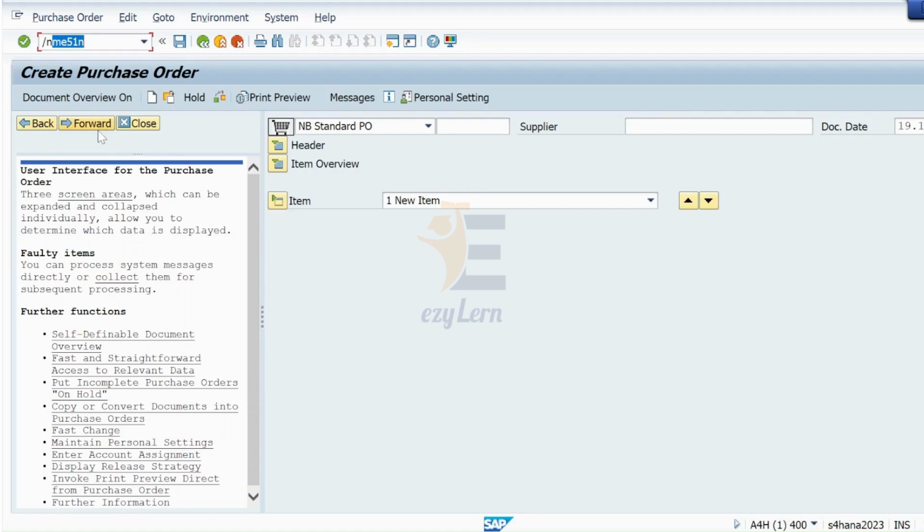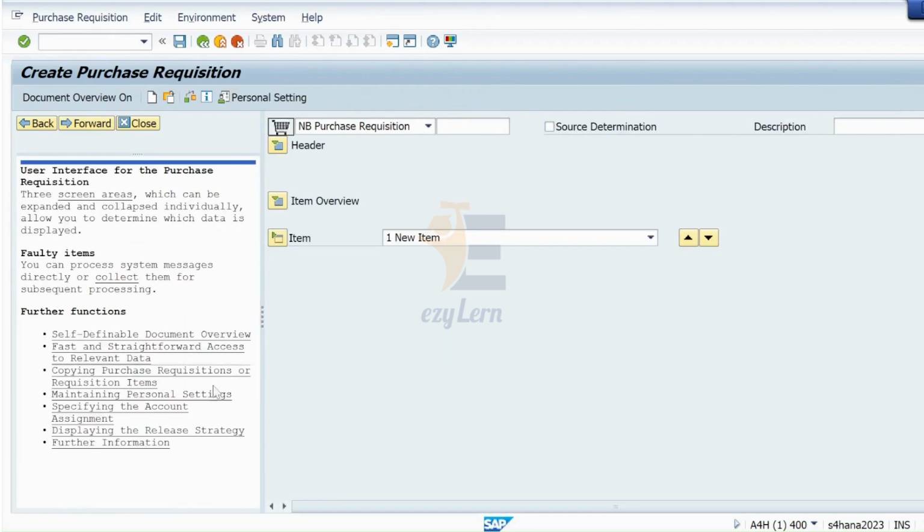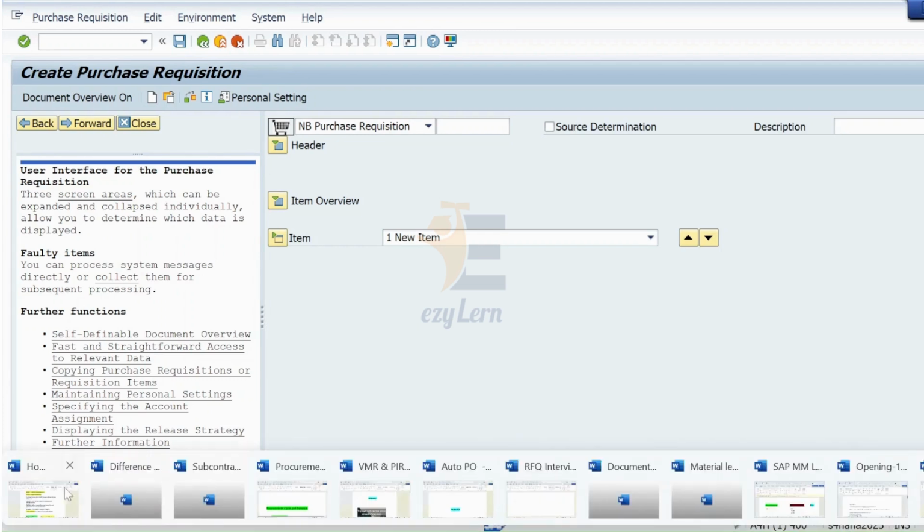That simply means whatever T code I use will override the present screen. You will see right now it's a create purchase order screen, but once I use slash n followed by T code and hit enter, it will directly open the create purchase requisition screen and the purchase order screen is gone. So that's the use of slash n followed by T code.